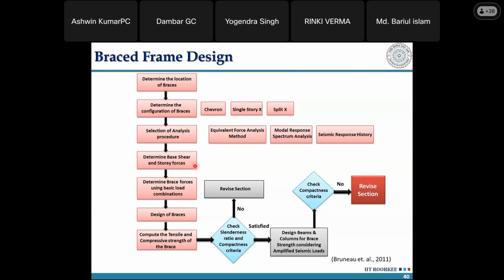Once you have determined your base shear and story forces, you'll distribute that base shear into story forces, and then you'll find out the forces in the brace member, right? You will use the load combination given in IS 1893 or IS 800. With respect to that combo, which is like 1.5 dead load plus 1.5 live load plus 1.5 earthquake load, let's say for that combination, you'll find out the forces in the braces, right? So the first element, remember, as per the capacity design method, we are designing the deformation control element first, which are the braces. So we'll design the braces first based on,